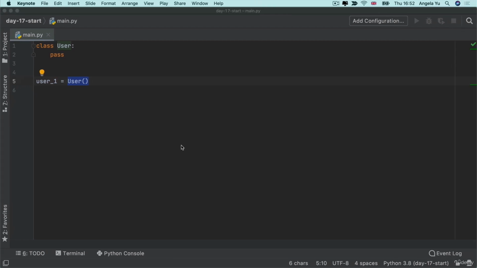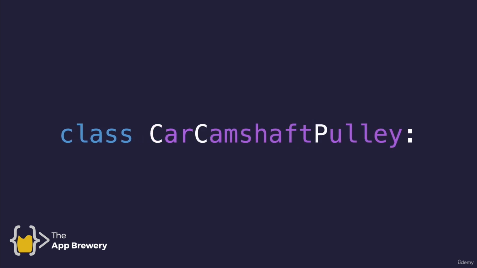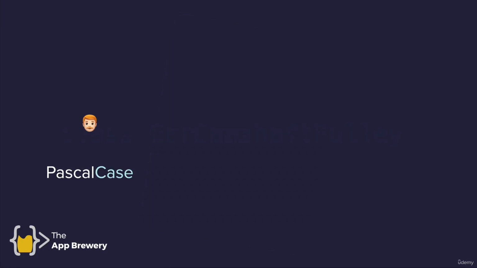And we've also seen how to name classes in Python. Now, the name of the class should have the first letter of every word capitalized. And this particular style of naming in programming is known as Pascal case. So if you think of Blaise Pascal as a person, then we know that every person's name has the first letter capitalized, and also the first letter of their surname or their middle name, and basically every subsequent